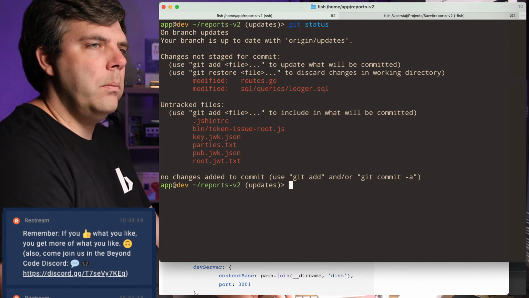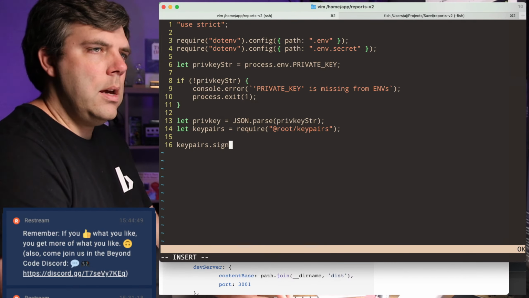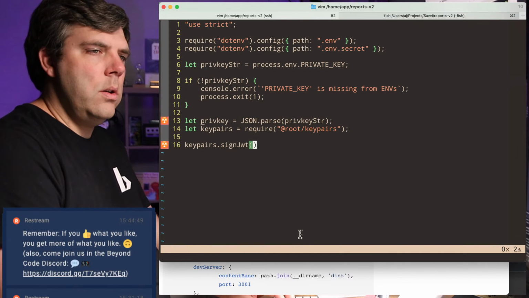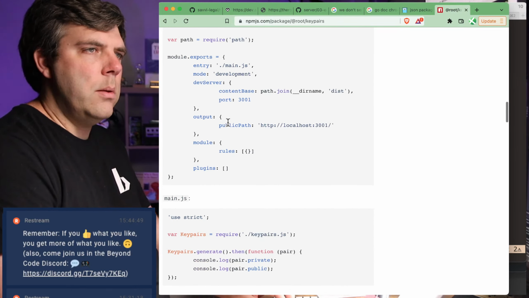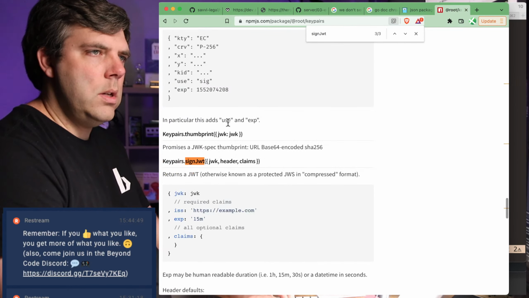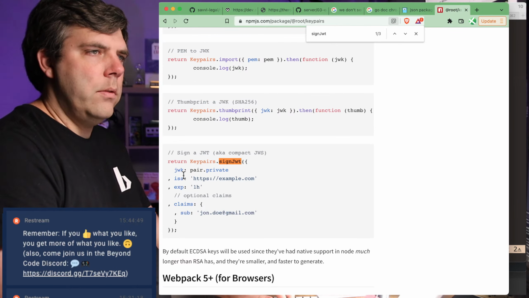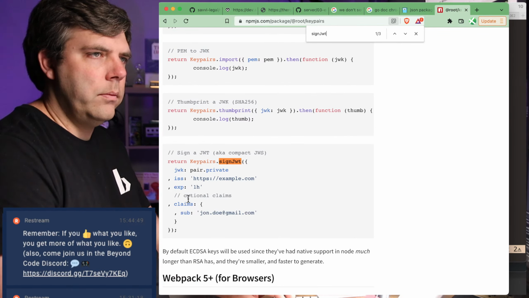Okay. Yes. So I'm looking at this one. And I was looking at sign JWT, which in order to do that, first thing that we need to have is the JWK, if I remember correctly. Sign JWT. Yeah, JWK, issuer, blah, blah, blah. Let's go ahead and just copy this.